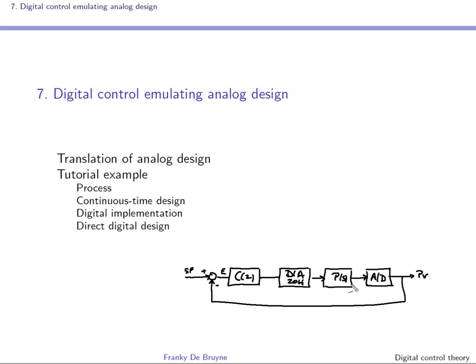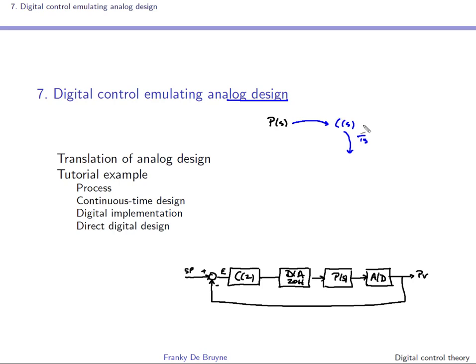So in this section we'll focus on digital control that emulates analog design. So what do we mean by that? Well, we start with P of S, and what we'll do is design a C of S. This will be our analog design, and what we'll then do, and we'll use a sample period TS here and